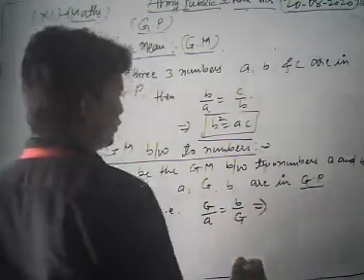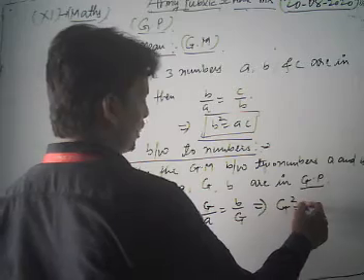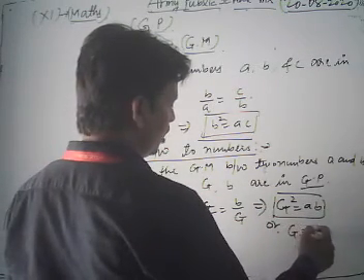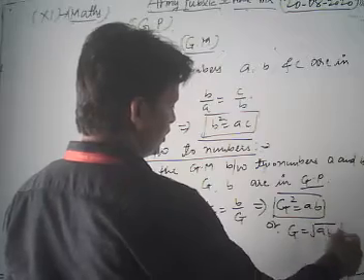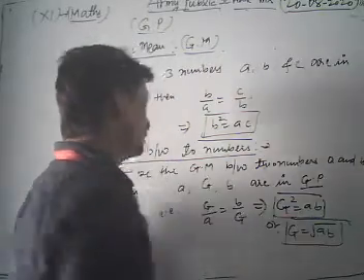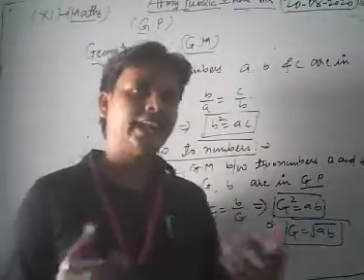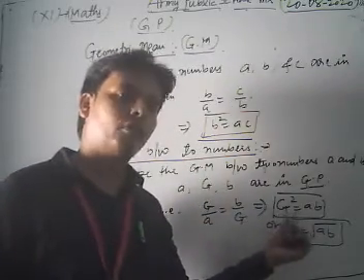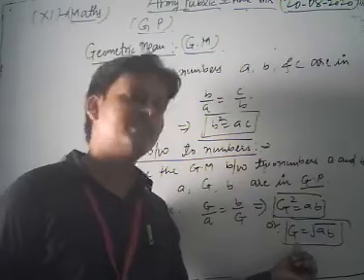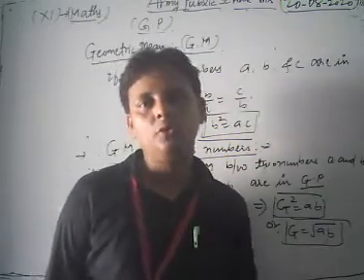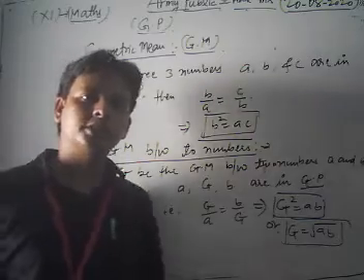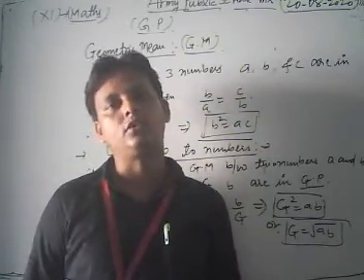So we have G square is equal to AB, or G is equal to under root AB. In this way we calculate the geometric mean between two numbers with the help of the formula G square is equal to AB, or G is equal to under root AB. Now, dear students, we take some questions based on geometric mean, which is a very important topic of your syllabus. Let's see.